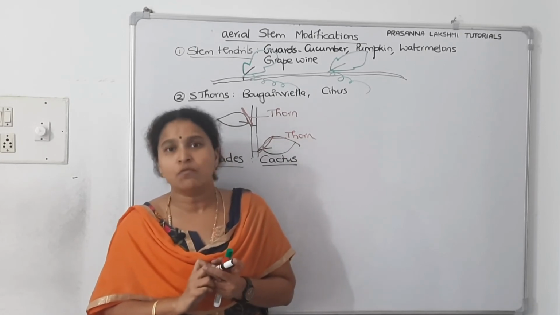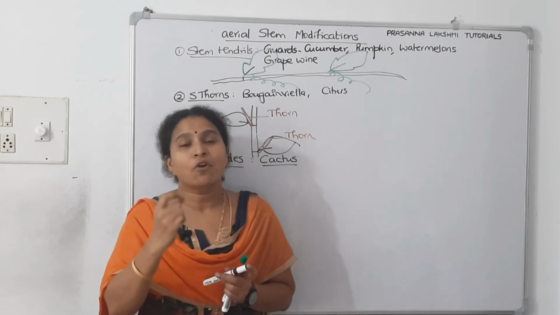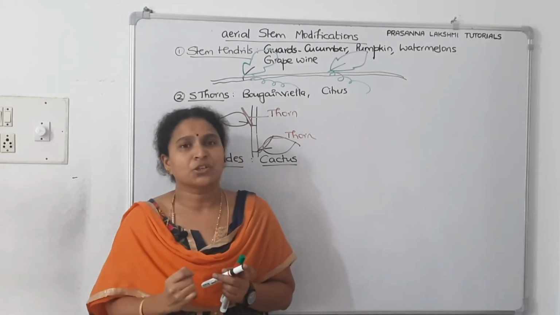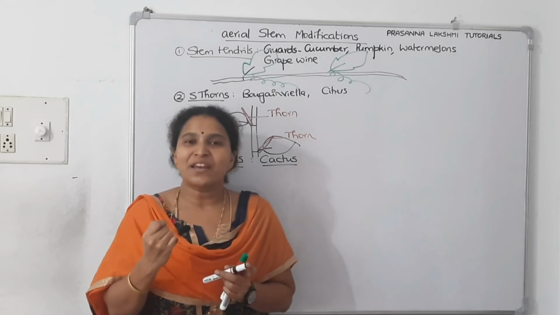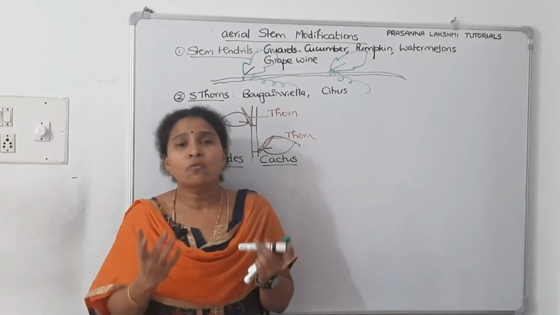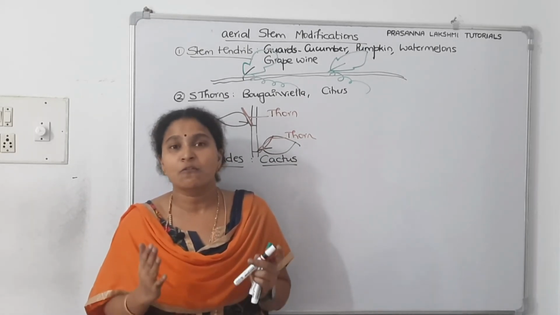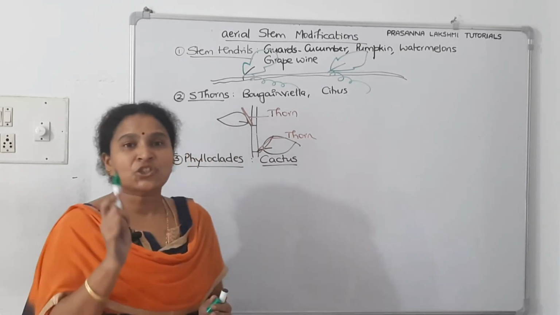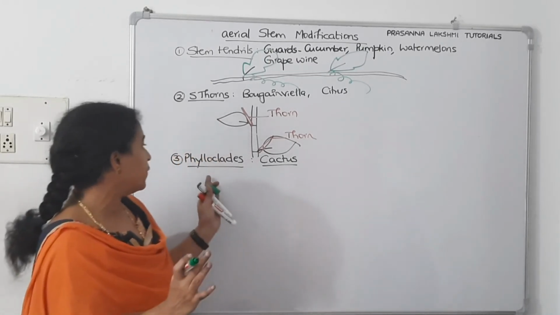Since they need to conserve water, they know that the openings, guard cells and pores they have on the leaf, they will reduce. They have sunken stomata to reduce transpiration. So the leaves in cactus plants are modified into spines to reduce transpiration. Then if the leaf is modified into such a tiny structure, a spine, who will do photosynthesis? The stem becomes flattened or cylindrical, a fleshy structure that appears like a leaf to carry out the photosynthetic function. Such stems which do photosynthesis by appearing leaf-like are called phylloclades.